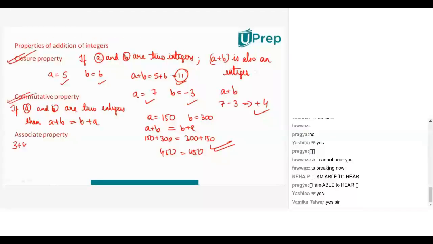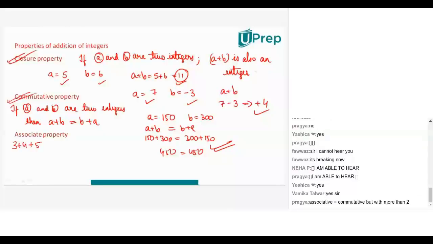Now, the associative property is telling us that if A, B, and C are three integers,